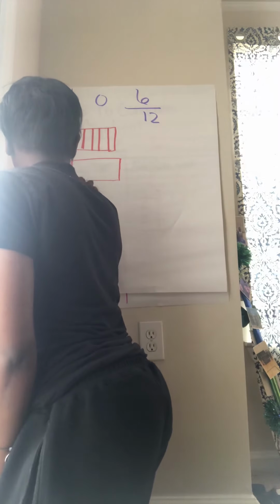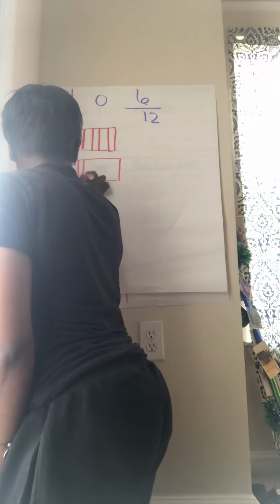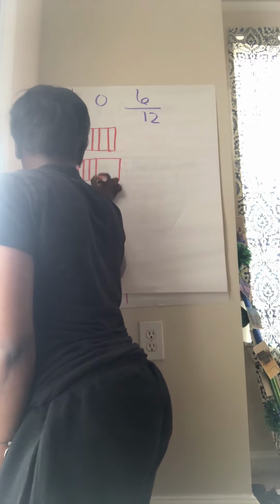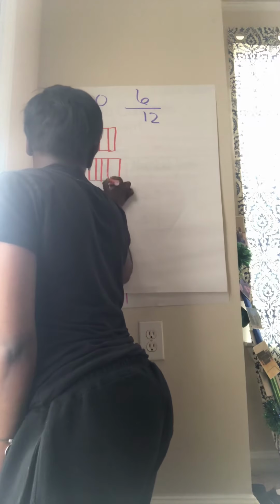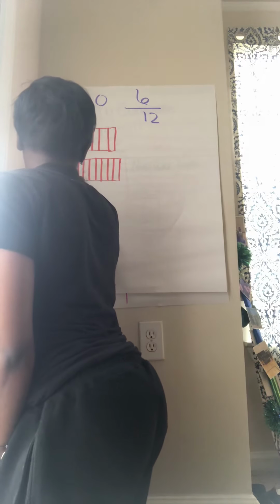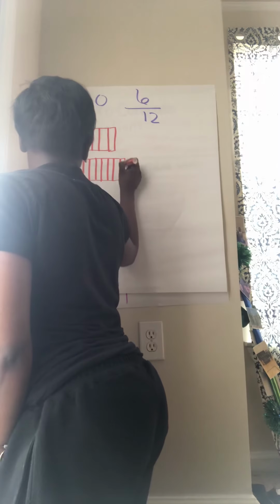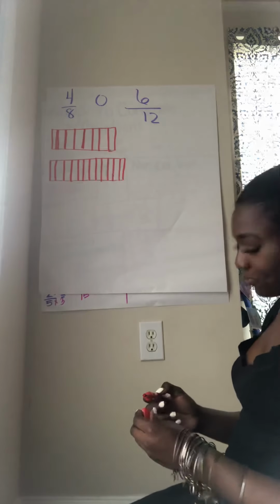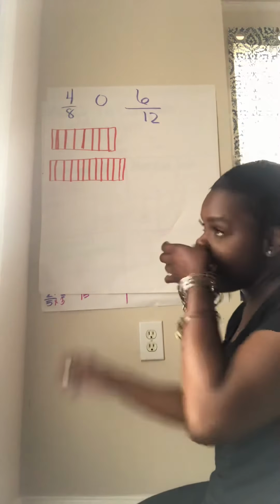2, 3, 4, 5, 6, 7, 8, 9, 10. That's 11. 1, 2, 3, 4, 5, 6, 7, 8, 9, 10, 11. And then 12. All right. Now that I have my pieces